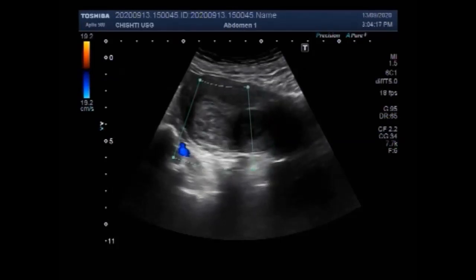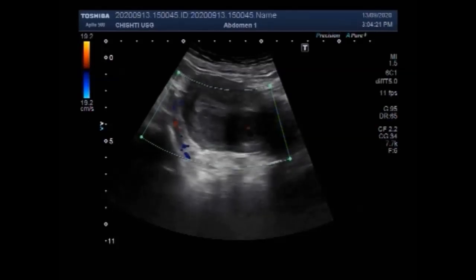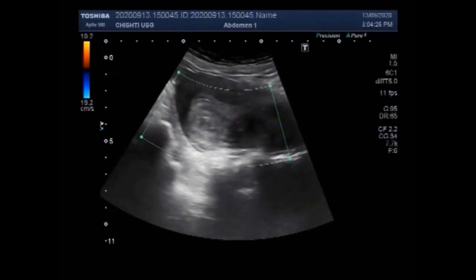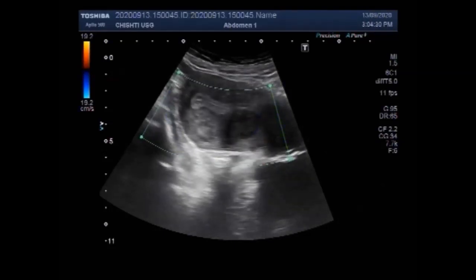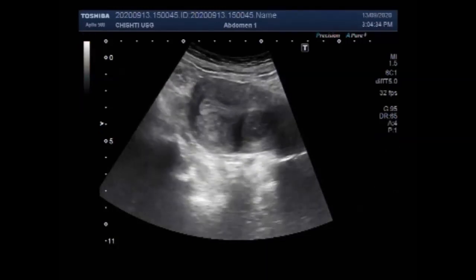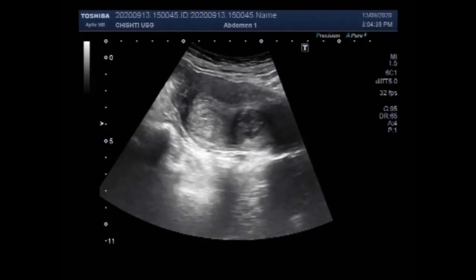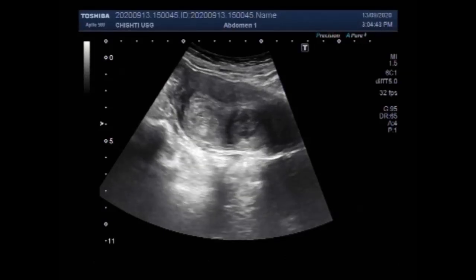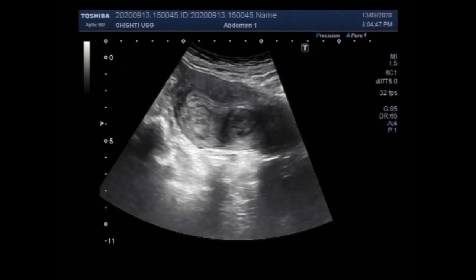So there may be a difference in the duration of time these fibroids have been developing in the uterus, and there is a significant difference between the echogenicity of both these masses, and if the fibroid remains for a long time,